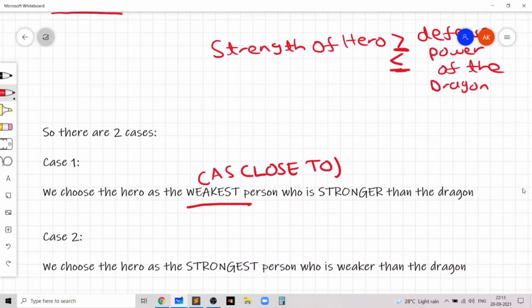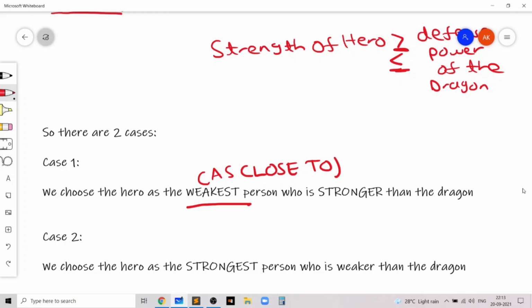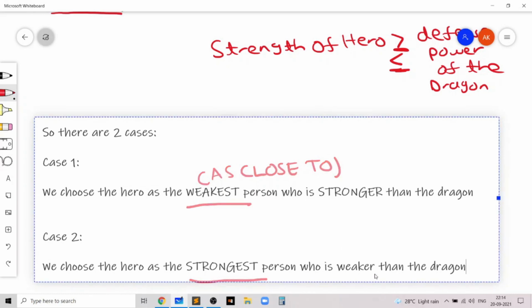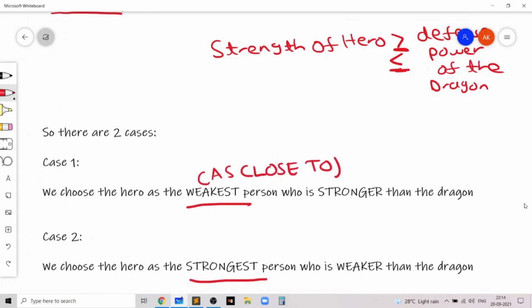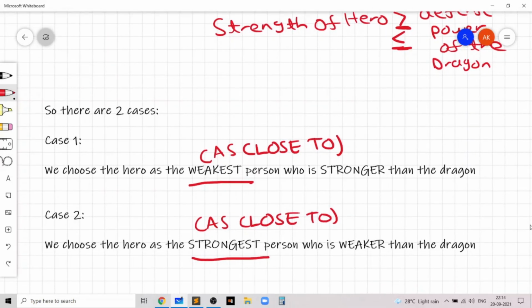Similarly, the second case is that we choose the hero as the strongest person who is weaker than the dragon. The reason why we choose weaker is again because we want the strength of the hero to be as close to the defense power of the dragon. So we choose the strongest person who is just a tiny bit weaker than the defense power of the dragon.